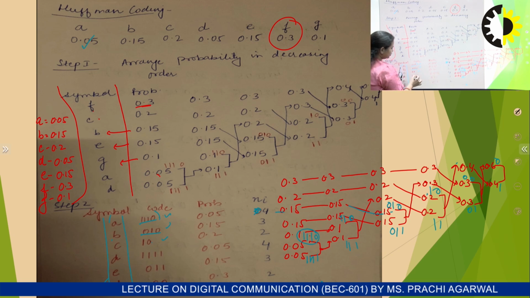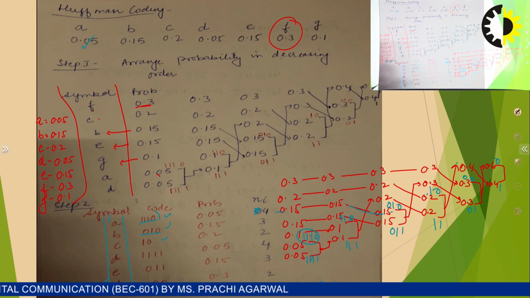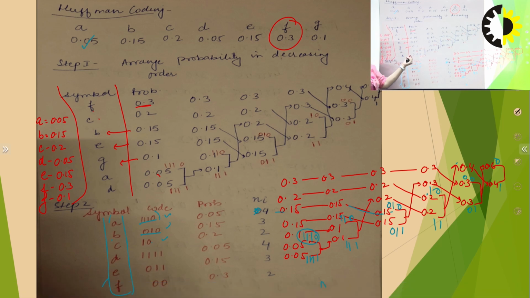2 bits 2, then 4 bits 4, 3 bits 3, and 2 bits you are writing 2. Clear? So first of all, we have arranged the probabilities in decreasing order, and just remember, if you are placing a probability in a different place, then you do not forget to place its symbol as well. Like I have placed A at second last, right? So A is also shifted here. Do not write the symbols from A to G as they are. The symbol is basically moving according to the probability.